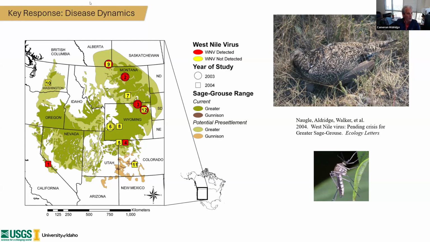But as climates warm, the vector that transmits this disease, a mosquito primarily in the west called Culex tarsalis, can rapidly increase its breeding cycle. As those populations increase, all they need is a hoof print of water to lay their eggs and reproduce. And with the sporadic nature of spring snowstorms or more moisture coming as precipitation as opposed to snow, it's warmer. There's the opportunity for things like West Nile virus to really ramp up and could pose more risks to wildlife populations. And you get what you see in the top right, with a sage grouse that was dying of hemorrhagic fever from being exposed to West Nile virus.